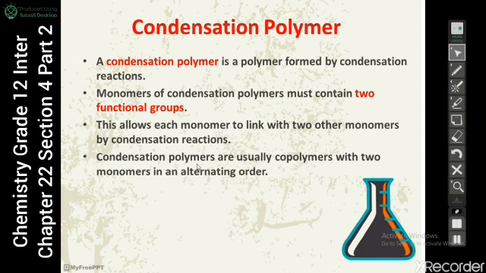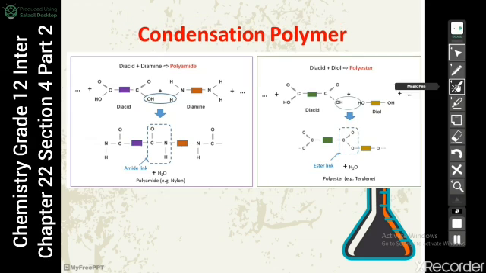The condensation polymers are usually copolymers with two monomers in an alternating order. It's copolymers, which means it consists of two different monomers. What does all of this mean? So in this example, we have two different monomers. The first monomer is a diacid. Diacid, which means it's an organic acid,